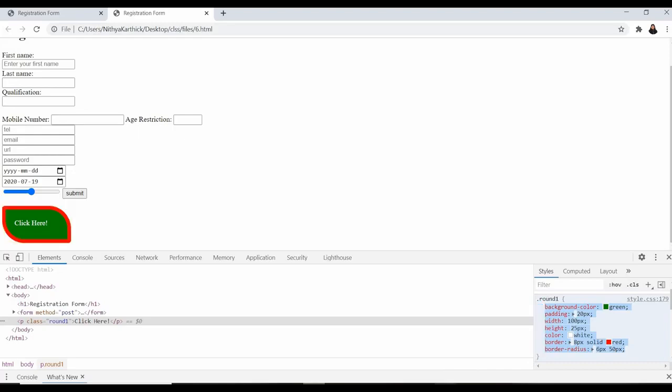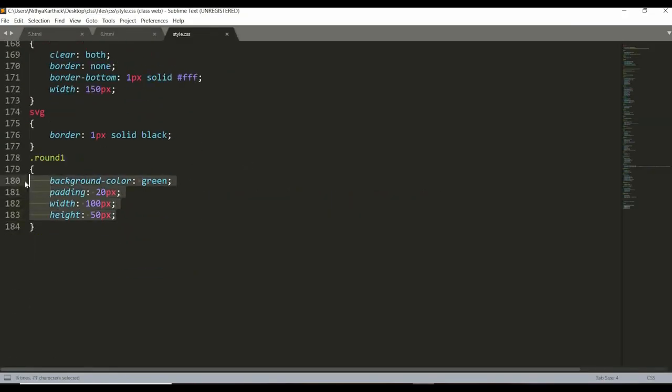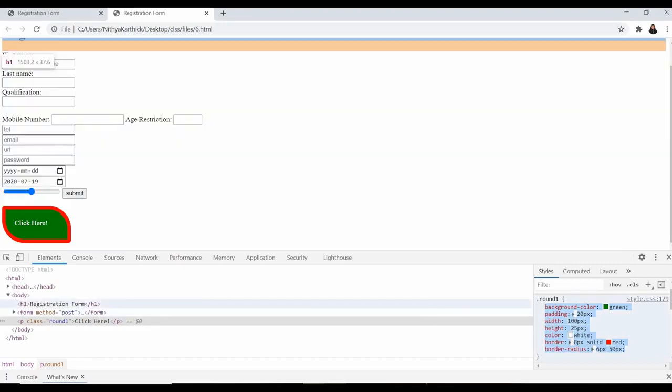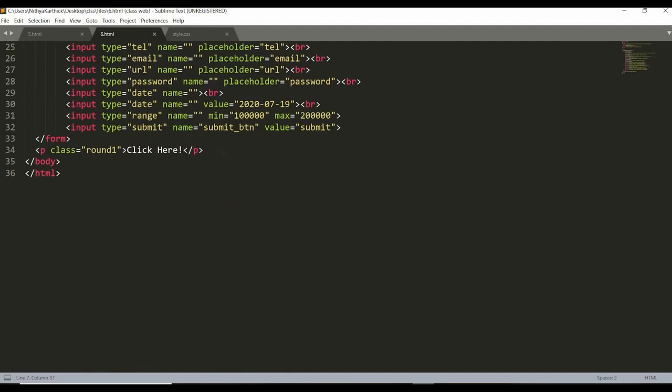So I'm copying this and coming here and placing the content here. Now let me create another button or paragraph. Just copy this and place it here, and it is round 2.